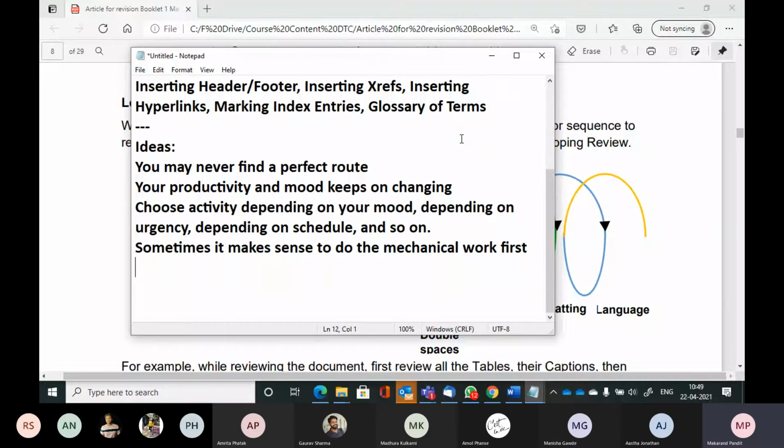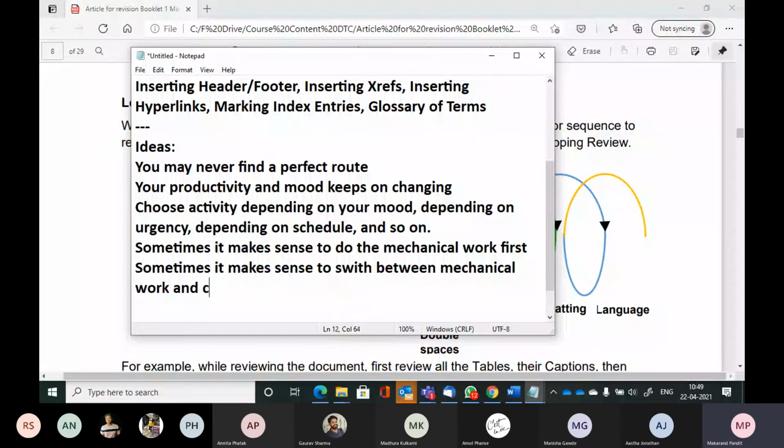Sometimes it makes sense to switch between mechanical and creative to give your mind a break. Correct? This is a very important point.